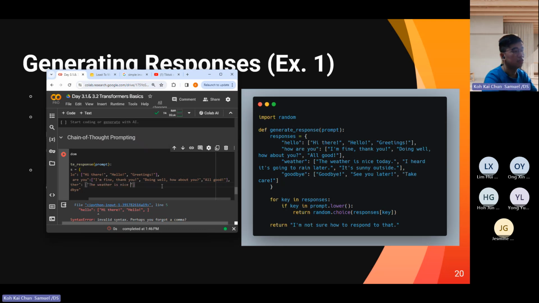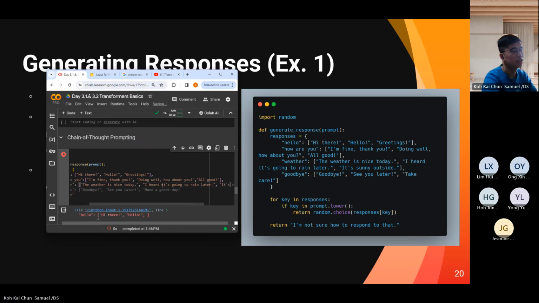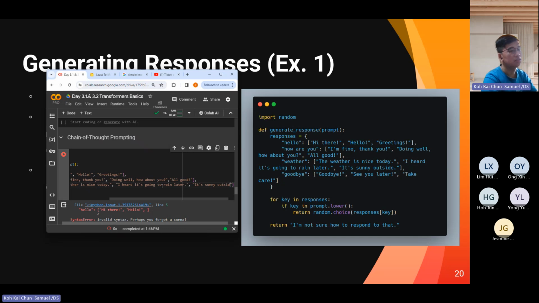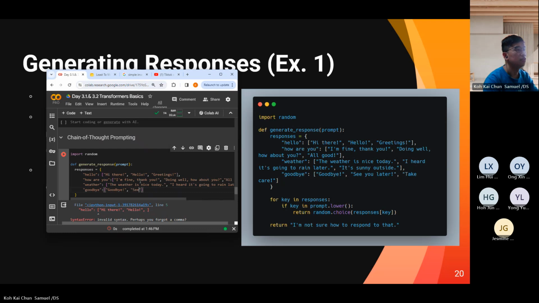Thirdly, we have weather. The responses are: "The weather is nice today", "I heard it's going to rain later", and lastly "it's sunny outside". Now we're not done yet, because we're left with the goodbye one. When it says goodbye, it will respond with "goodbye", or "see you",